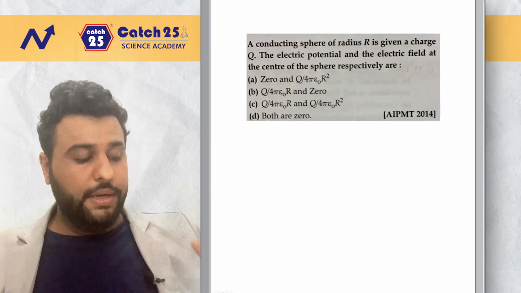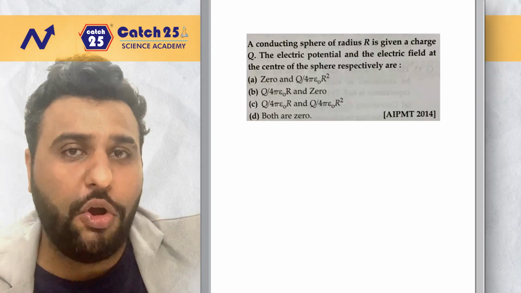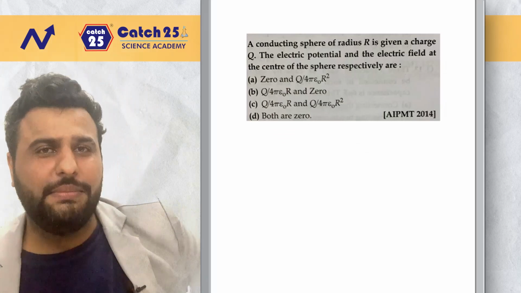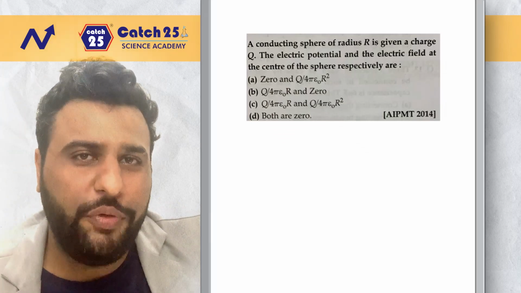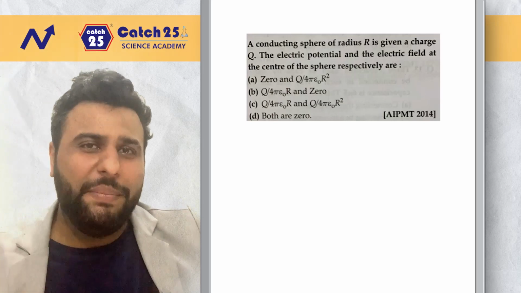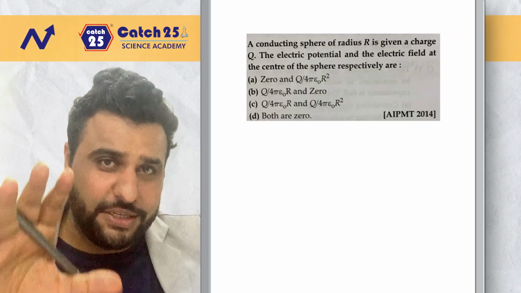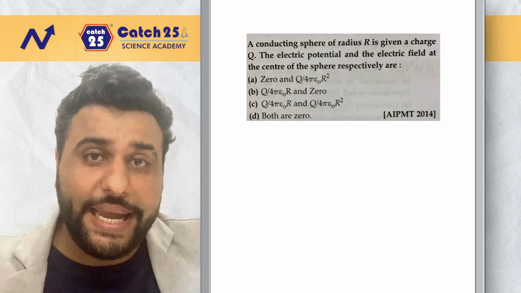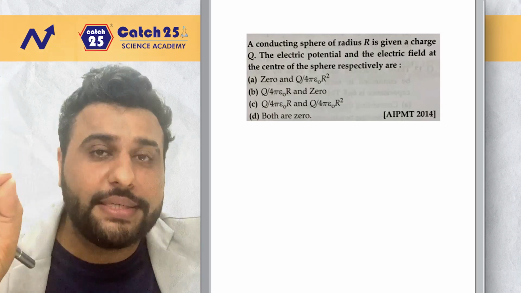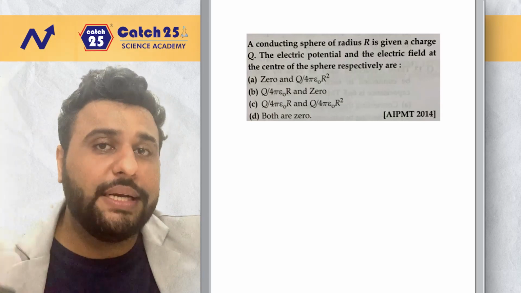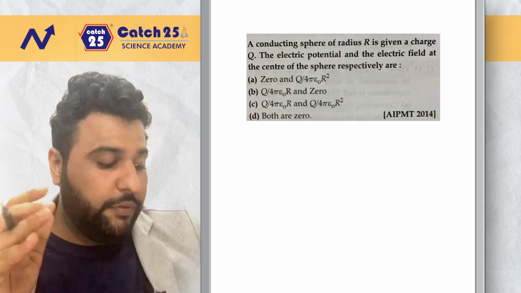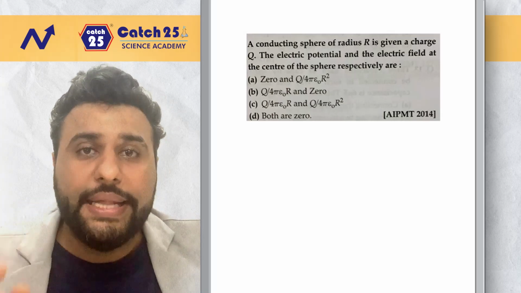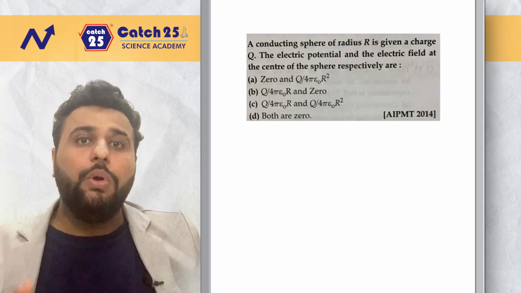Okay. Now, similarly, look at this question, a very common type of question in many exams, not only NEET. Inside the sphere, what happens to the field and what happens to the potential? Remember, inside the sphere, both will never be same. That is the first thing that you should understand, that field as well as potential can never be same inside. That means if you look at option D and option C, these both are out.